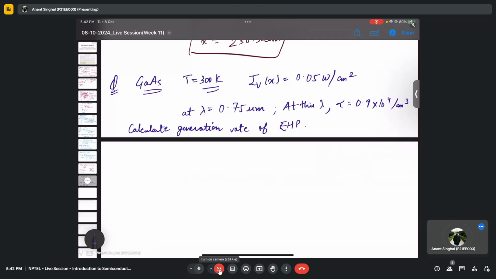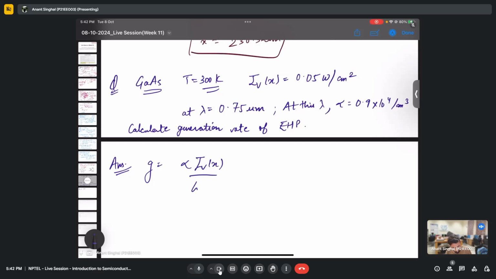Okay, so let's give it a try. This was, I guess, a more straightforward question than the previous one. So the generation rate is nothing but alpha IVX divided by the energy. So energy is h nu. We can calculate it. So we need to convert it into joules only. So we have this 6.6 times 10 to the minus 34,